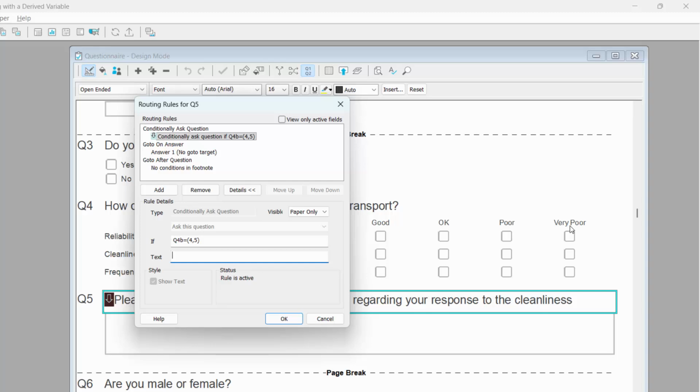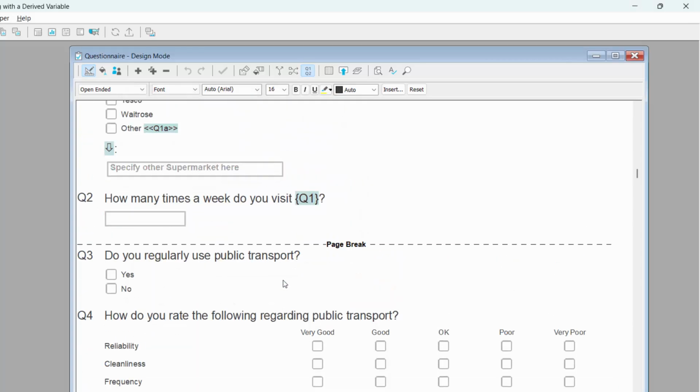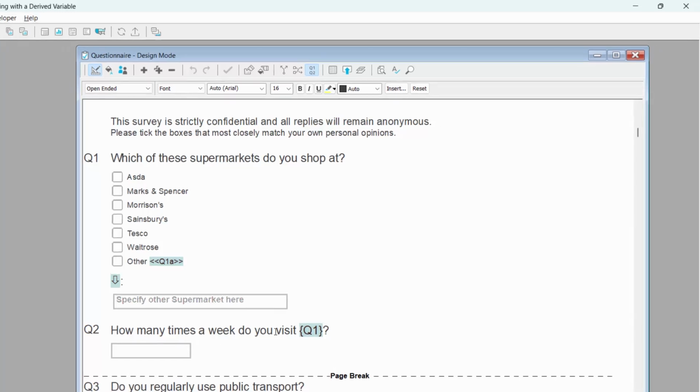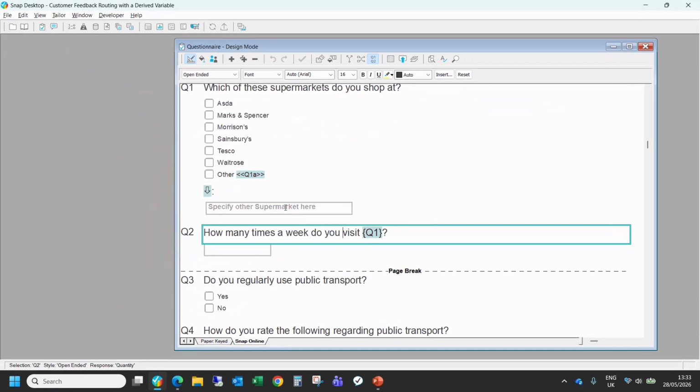Now if we head back up to question 1 and 2, as you saw we had routing set up to say that the "please specify" would only pop up if they chose other. And then looking at question 2, which is how many times did you visit, you can see the text from question 1 is going to be inserted into the question text of question number 2. But if I go ahead and preview this survey,